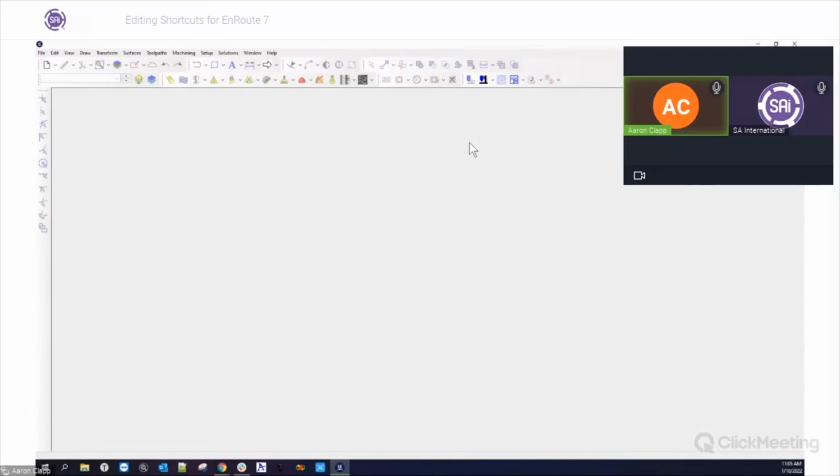Alan has a question. Is there ever going to be support for SVG files as an import and save? That's a good question. I don't know. It has been brought up in the past. I don't know if that's something that you'll have to ask development about, but currently, not that I know of,